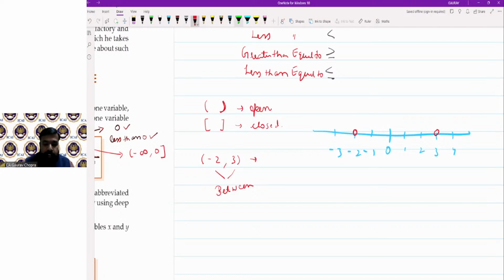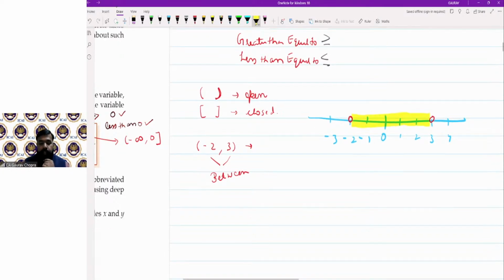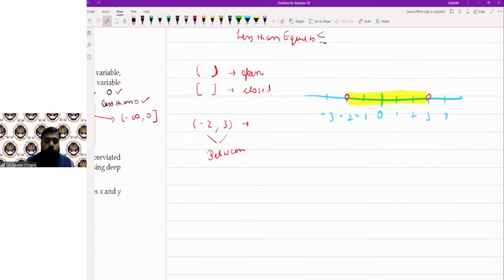So the shaded region will be from here to here. We will not touch -2, we will not touch 3. It will lie between these two. So this is the meaning of open bracket. Whereas if we use close bracket,